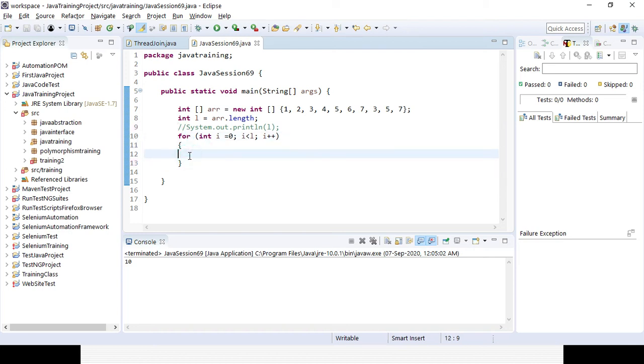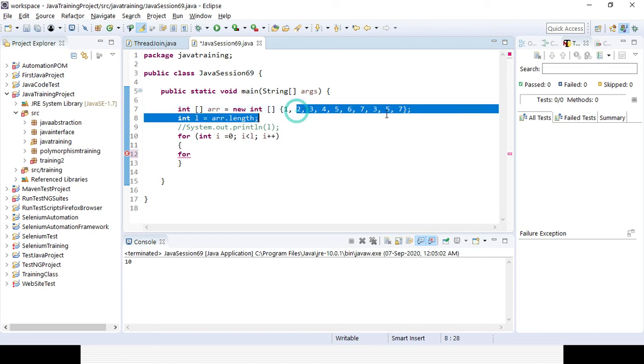So here I will use another for loop. I already told, right? The first outer for loop will go from element A0 till L minus 1, and the other for loop I will be using will start from the next element, that means i plus 1, and it will go till the nth element. So in case array i is matching with array j, obviously it is a duplicate element, right? In case that element is found anywhere here, it will be a duplicate element. So that's why it will iterate over all the elements.